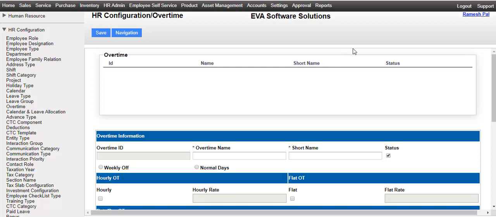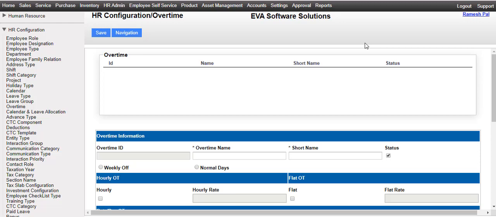Now we will talk about flat rate scenario. Suppose the OT rate is 200. If OT hour is 1 hour, the OT amount will be 200. If OT hour is 2 hour, the OT amount will be 200.